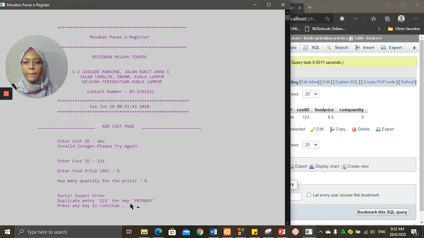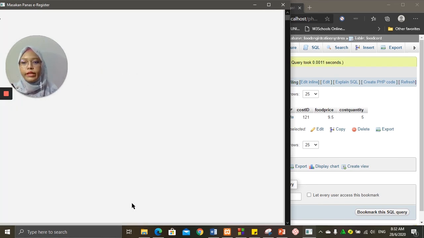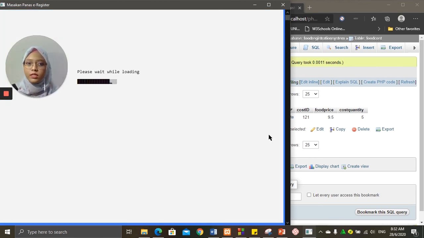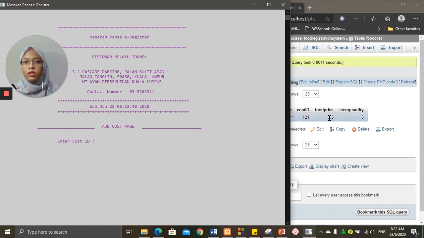And then the last error handling for add cost item, which is the food price. I have set it to be unique, the same as food category name or food menu name. This time maybe 1. Price is 9.5. Quantity maybe 7.